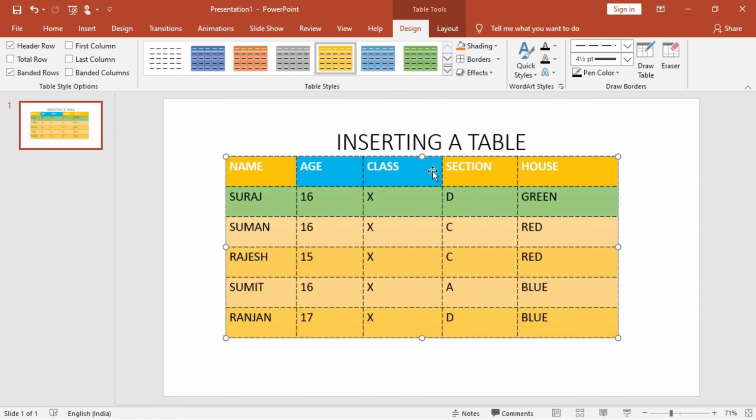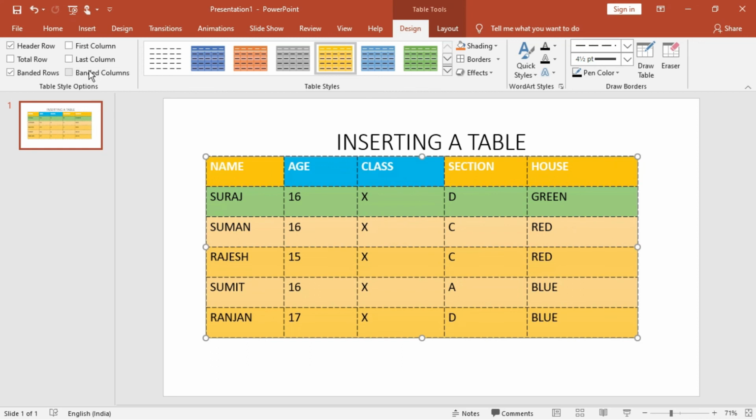So I've increased and decreased the size like this. And for the first column, if you want anything, it will be done like this. Last column, if you want, you can do the last column also, so that as per the changes, the particular modification will take place. So this is how to insert a table.